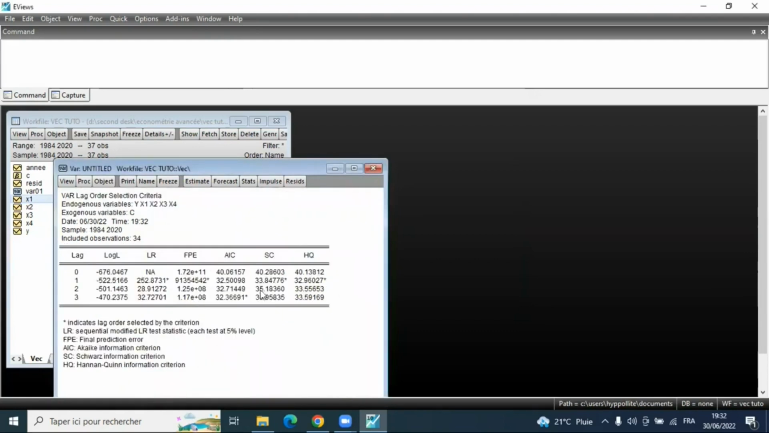Then click on OK, and we can see that in this case, one of our criteria, Akaike information criterion, AIC, shows that we can estimate a standard VAR(3). Other criteria have shown that you must estimate a VAR(1) model. The limitation in choosing a VAR(1) model is that if you are going to estimate